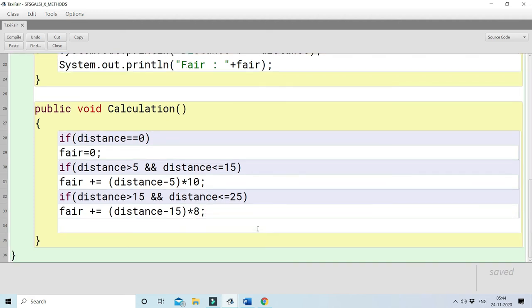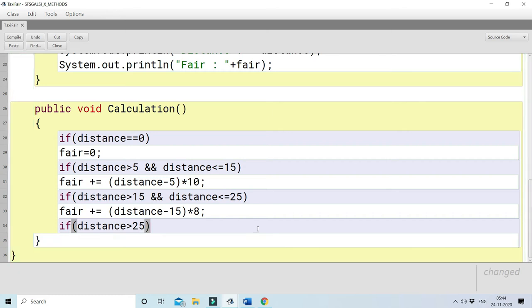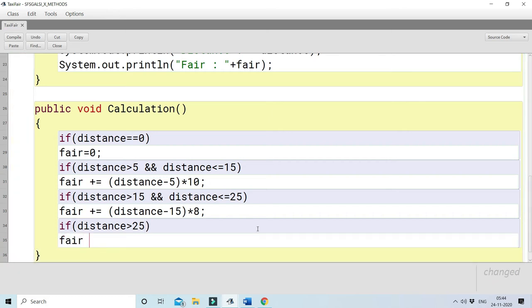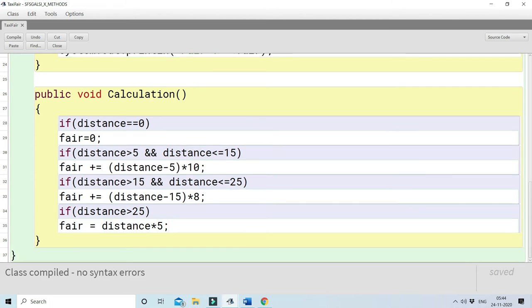And at the end I'll write if the distance is greater than 25, then it will be like this. Fare directly will be distance multiplied by 5, because here there is no carry forward or other things, it is directly 5 rupees. So now I am calculating the fare over here. So if you close it,